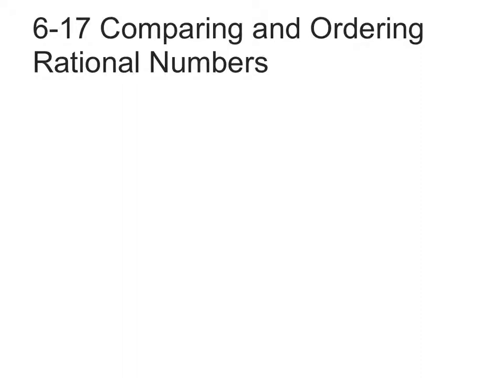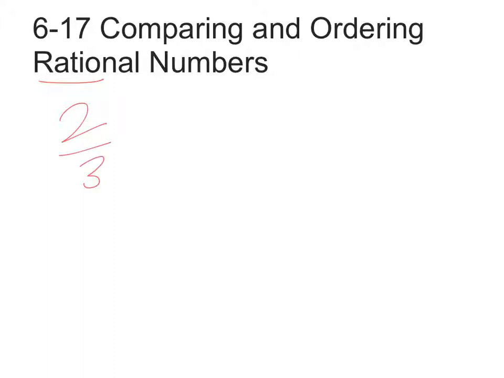Today, we are going to learn how to compare and order rational numbers. But first, let's go over a couple things. In the last lesson, we learned what a rational number is. Remember, the key word in rational is ratio. So a rational number is anything that can be put into a ratio, such as